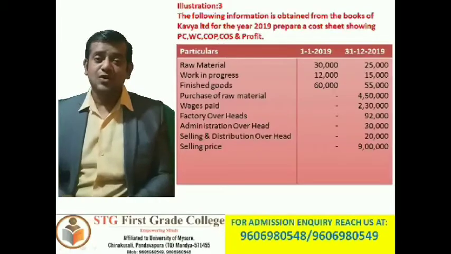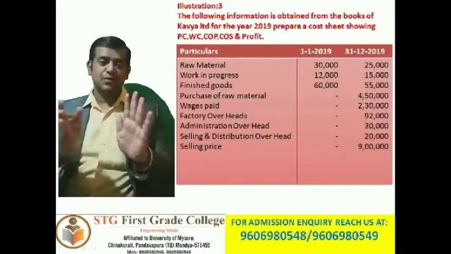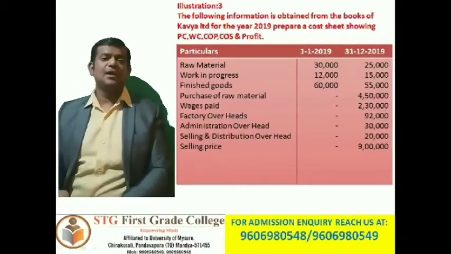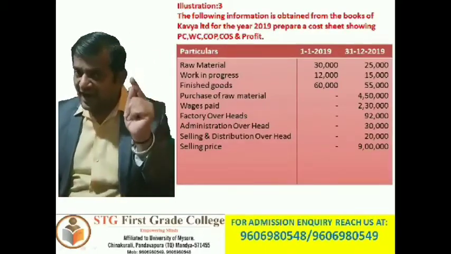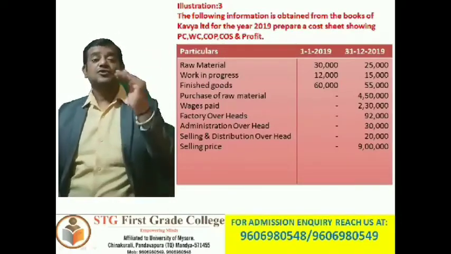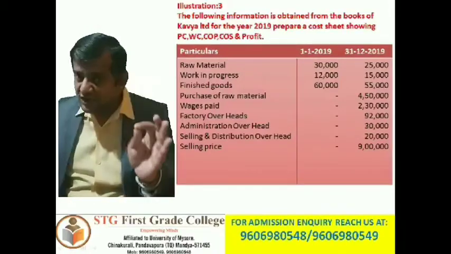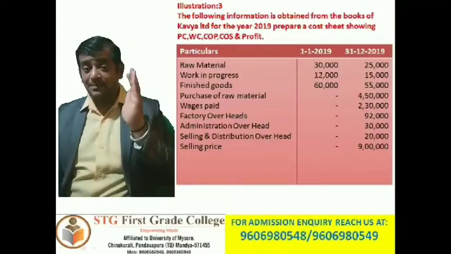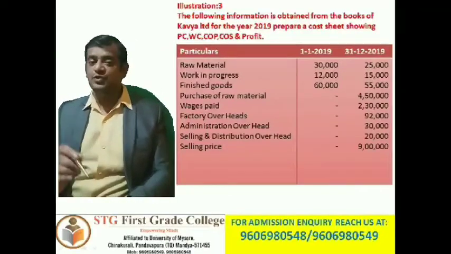So instead of giving it directly vertically, he has given the opening and closing balances in two different columns in this problem. It is also one of the easiest problems. If you have already understood what items will be posted to which overheads, and if you can apply your common sense there, then it is the easiest one. So let us look into the problem.